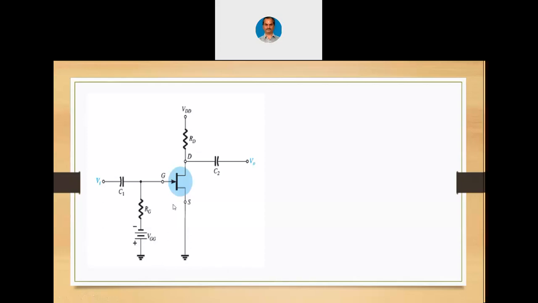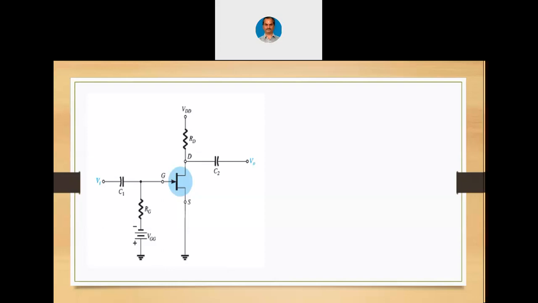Now, as you know, to the gate we have to connect a negative voltage for preventing the transistor from remaining in complete on condition. The complete on condition of the JFET is called the ohmic region, and the half on condition is called the saturation region. Please remember this again. The half on condition in BJT was called the active region, but the half on condition in JFET is called the saturation region. You have to be very clear with these terminologies.